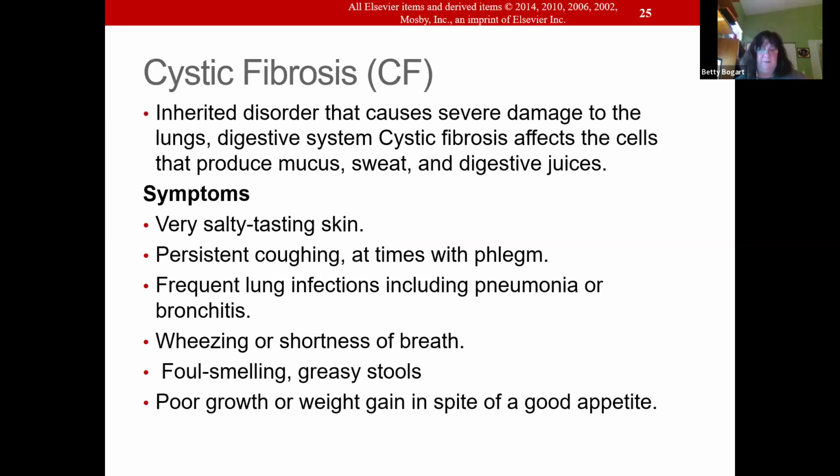Cystic fibrosis, one of those respiratory diseases. Sometimes we know they're going to have cystic fibrosis. Today there are all these different tests they do for pregnant women. But one of the symptoms you would see in a child where we did not expect it or didn't have those tests when the mother was pregnant is that this child will not move their bowels. They'll have a meconium ileus, it's what it's called, in the first day or two of life.